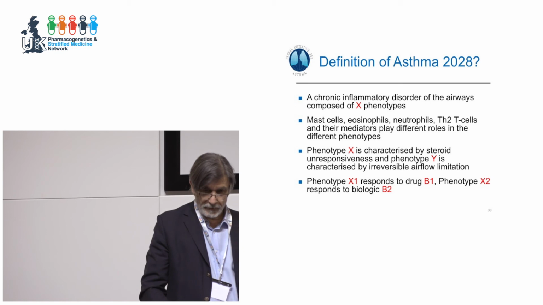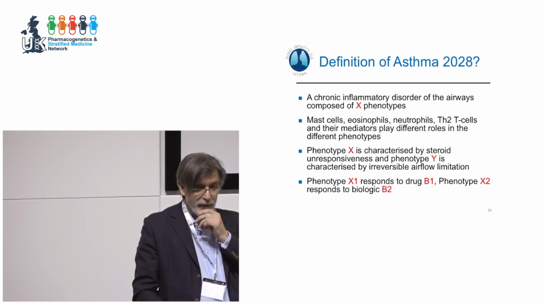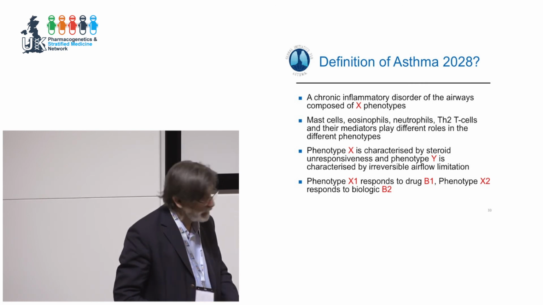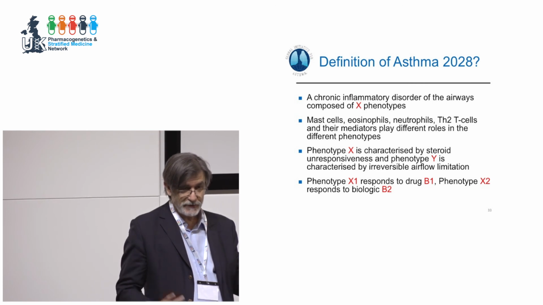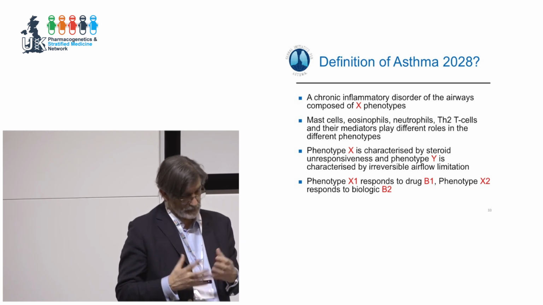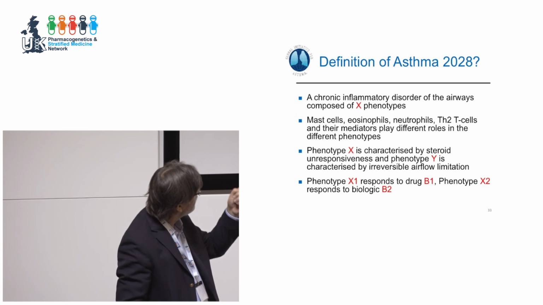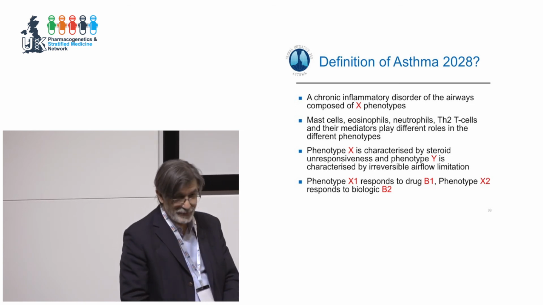Why 2028? Well, because in March 1988, I started a program with Stephen Holgate and Peter Howarth in Southampton, and this coincided with colleagues at Imperial College. We decided we were going to start to phenotype airways disease. So we started a bronchoscopy program in 1988, and that will be 40 years from then, and I hope by then we will have clinched it.